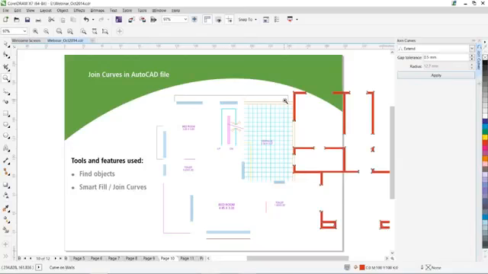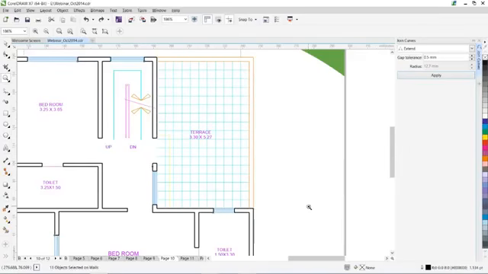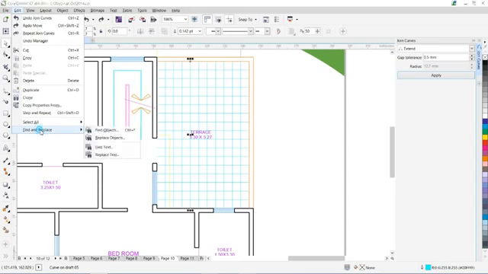So this is how you can go with the find and replace or with the smart fill tool. Okay, this illustration has already been cleared up a lot before I use this in my brochures, but still there are some areas where I need to clear up some of the objects, like the hatching thing, where I want to replace this hatching with something else, like maybe a good kind of a flooring which I want to print in my brochures. So for finding this, I would select one of these objects, go to Edit, Find and Replace,